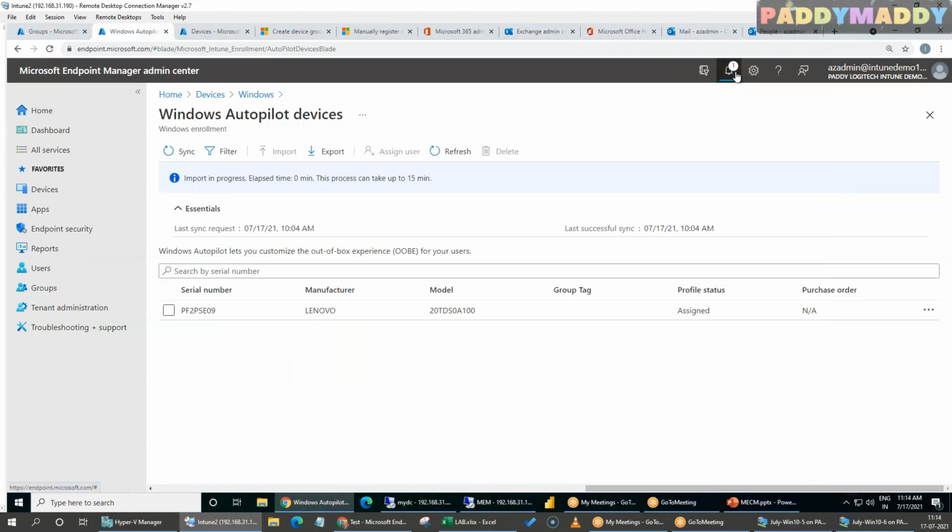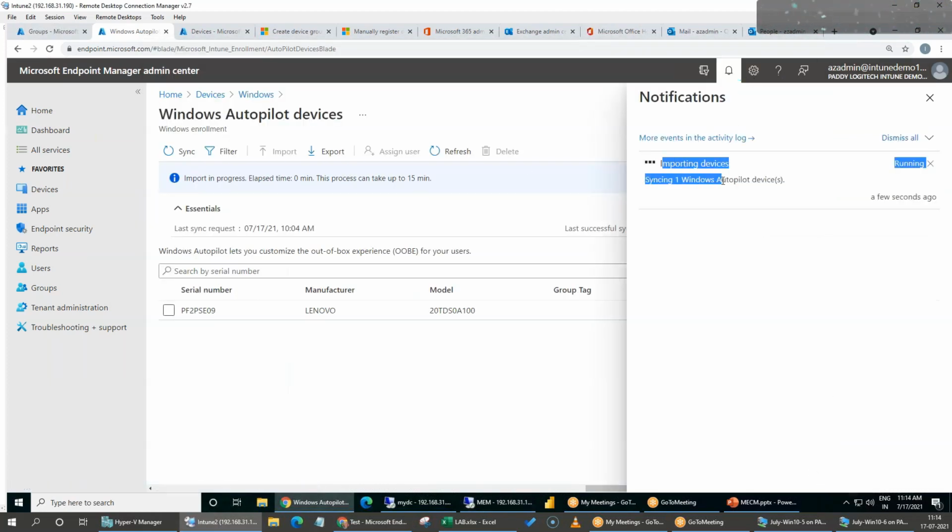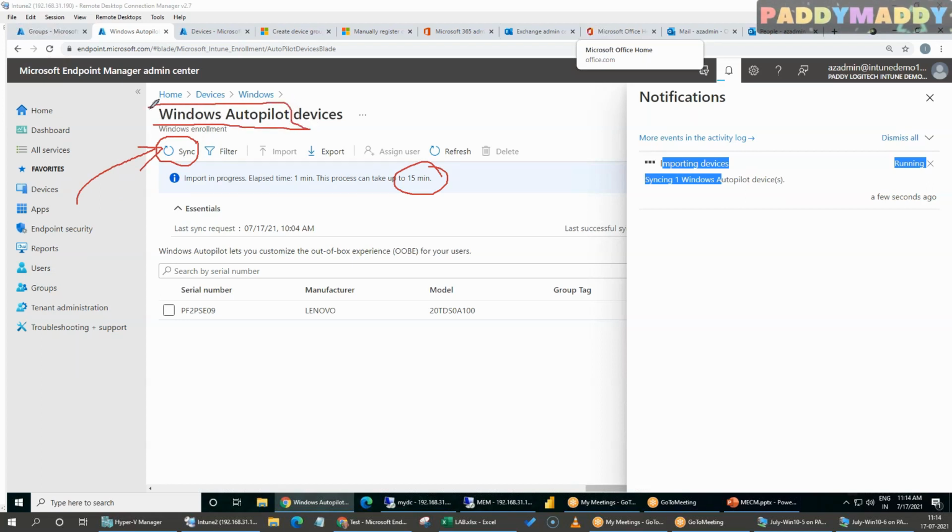Here it is importing, and for your information, since most of you are quite new, this actually takes 15 minutes. If some errors are there, then you can do a sync, but you cannot sync frequently either, because we are actually sitting on a Windows Autopilot server for Microsoft. It's not just for your tenant, it is